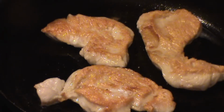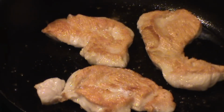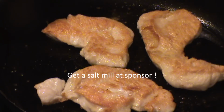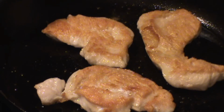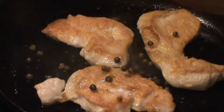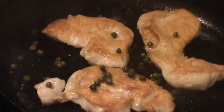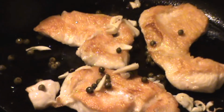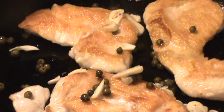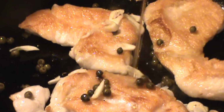I'm adding sea salt, a tablespoon of peppercorn, and the garlic. At this point I'm adding 1 ounce of chicken stock,